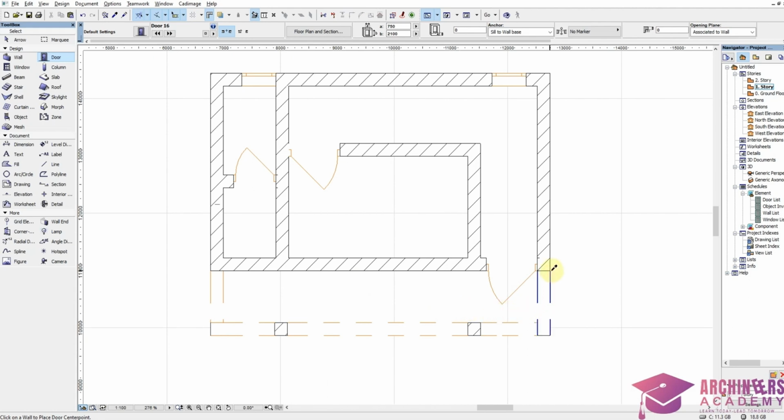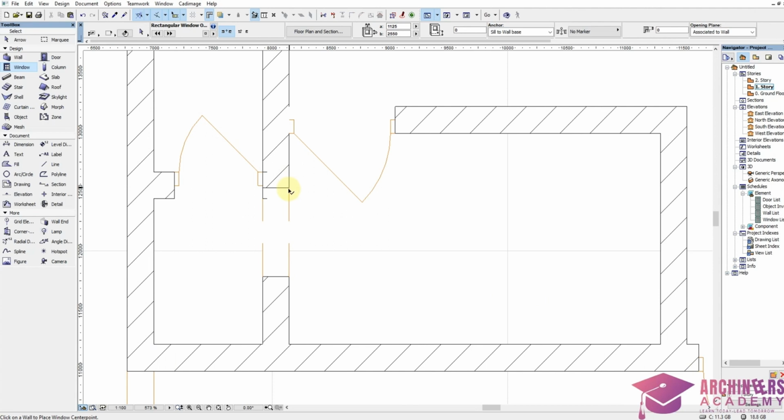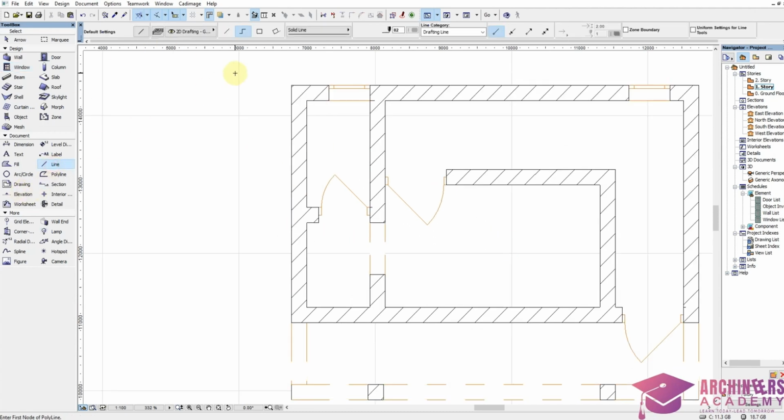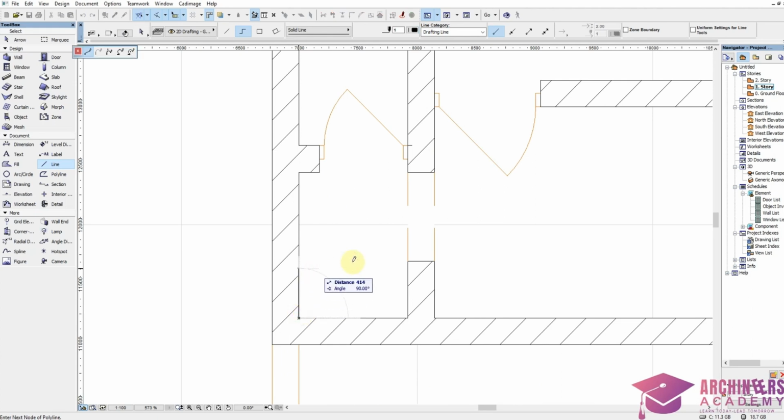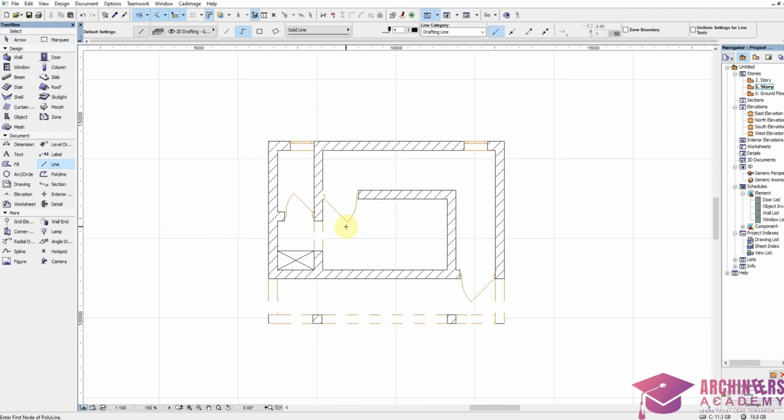Then there's an opening here of 750. Alright, so after this is done,